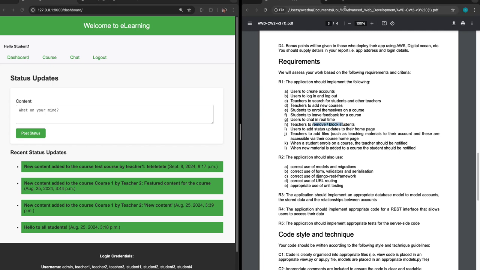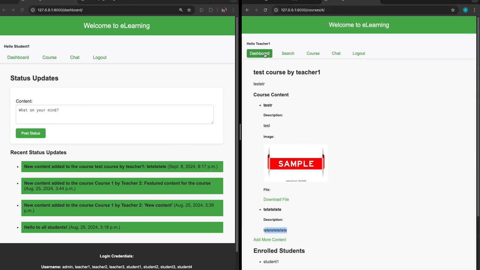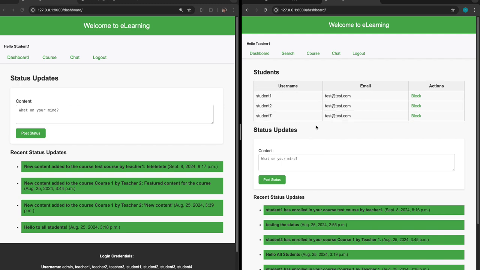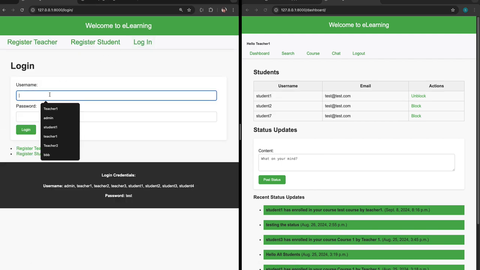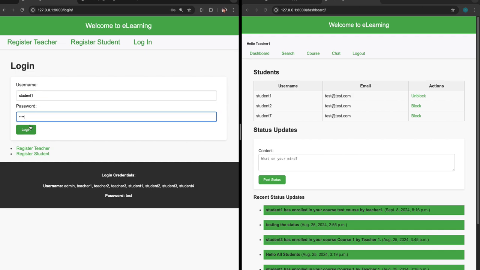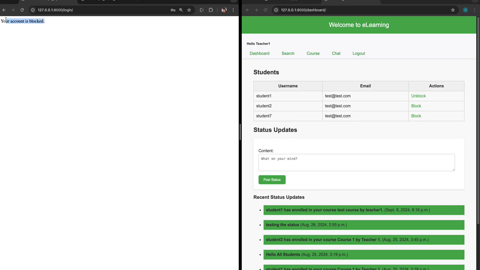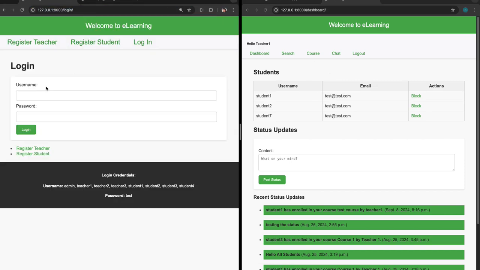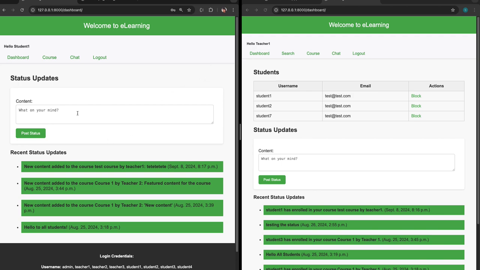Student to block the teachers, teachers to block the student. So on their dashboard, all the students subscribed with this teacher, they can see and they can block the student. So I have blocked student 1. Now when the student tries to log in, your account is blocked, and after I unblock, they can log in,